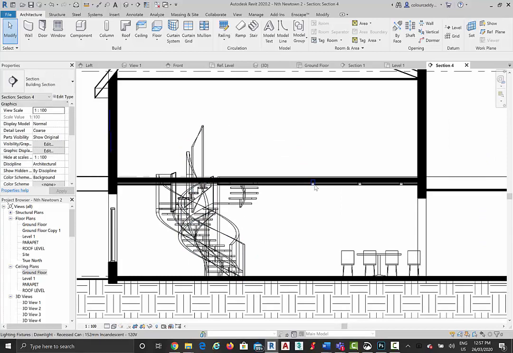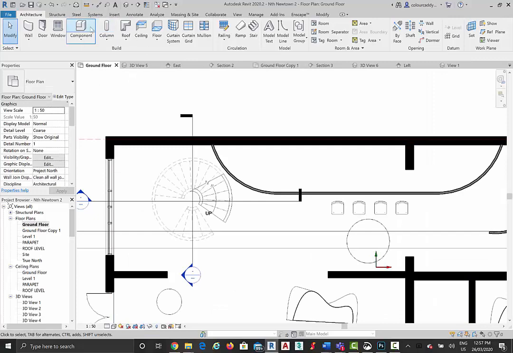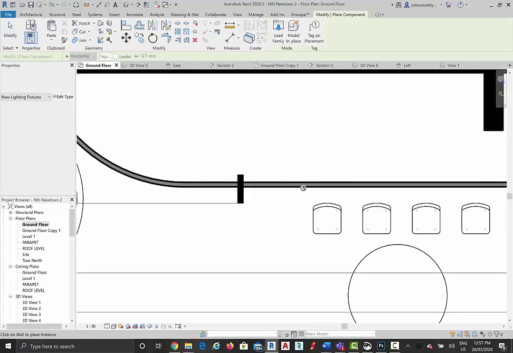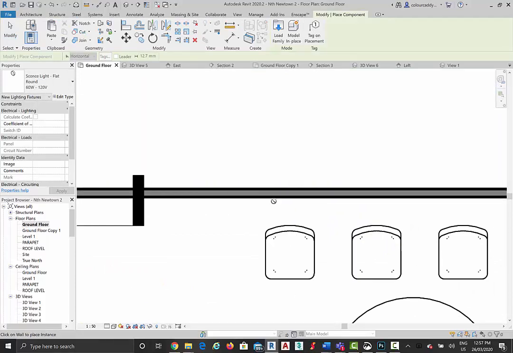Oh, where'd it go? Maybe it went onto another wall. Okay, I'll just try and place it again. So you definitely can place them in perspective, but sometimes it's a bit unpredictable because they don't go where you think they will. So placing it in plan there, you can see it's much clearer as I'm placing this sconce where